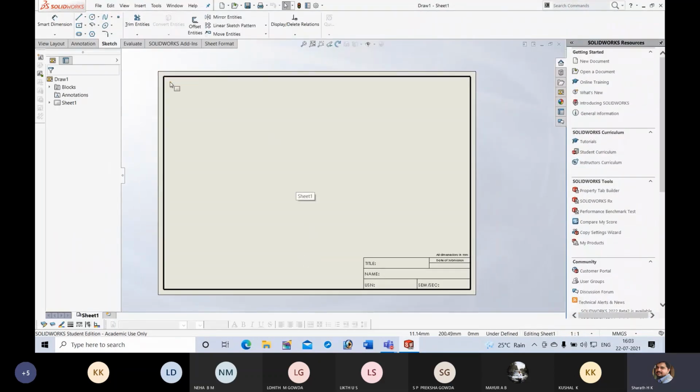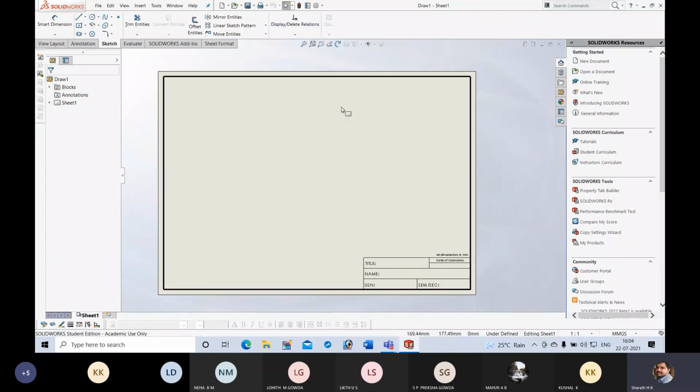You will get a file which is similar to a drawing sheet. Next, in the exam also you should write name and USN. If the invigilator asks you to write USN and name, for that you should go for annotation. Here there is an option called annotation.